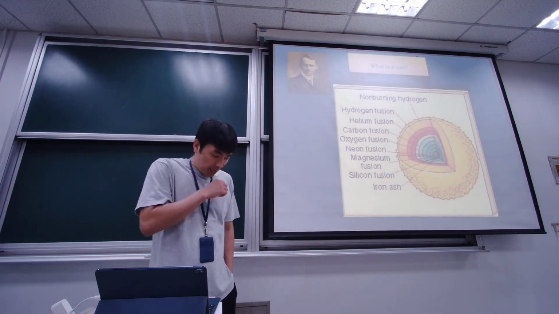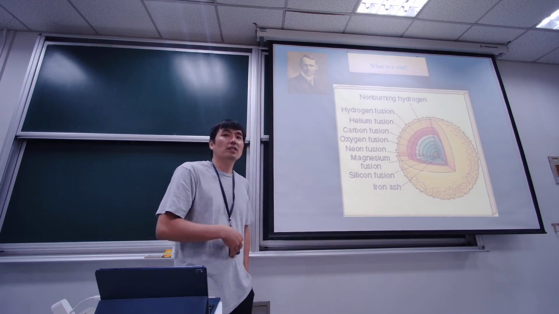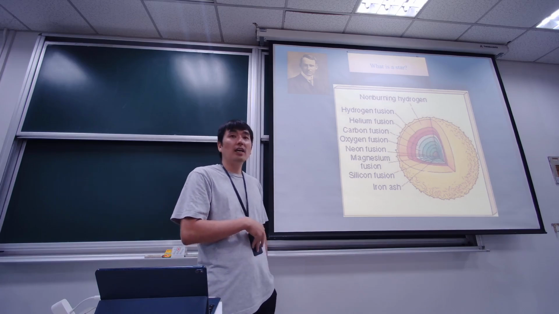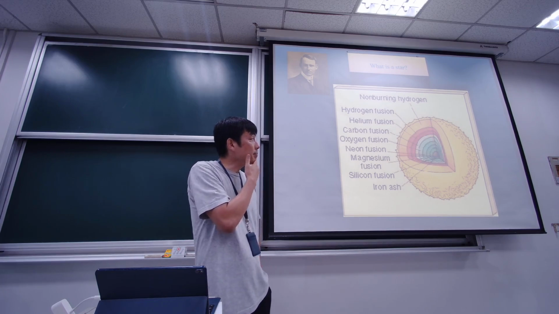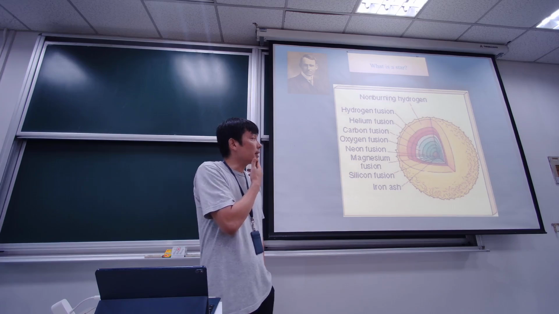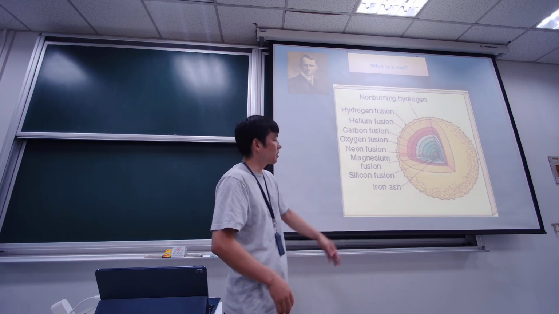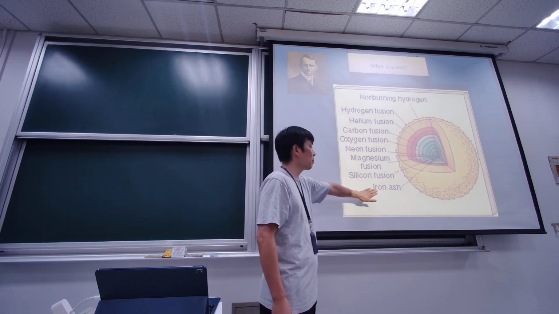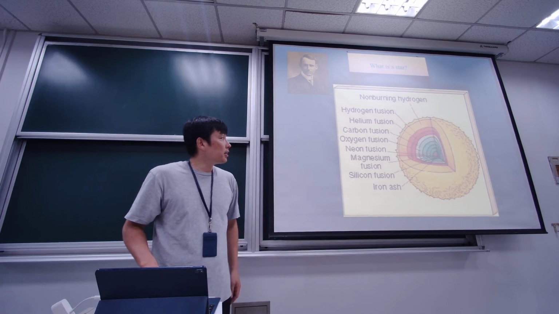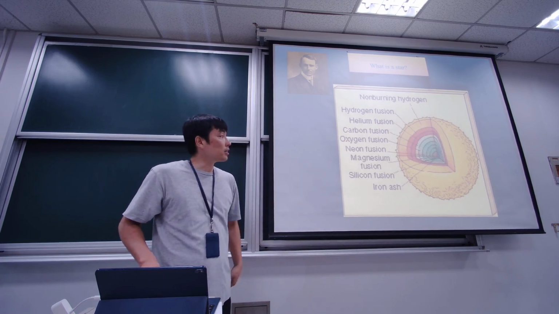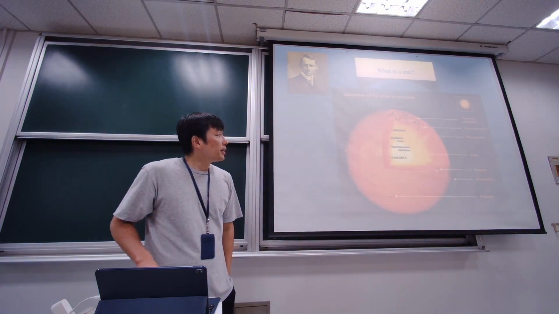So after, like a heavy star, like whatever 20 solar mass and so on, as the star gets old, the core of the star becomes layered. So in the middle you have iron and silicon, magnesium and neon, and so on, those are the layers of the stars. The star gets old, and then